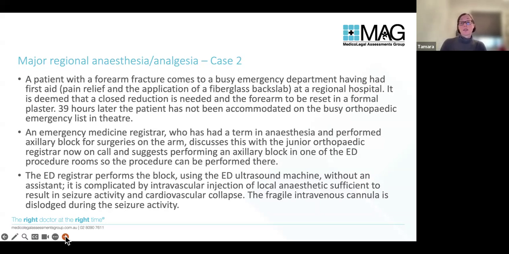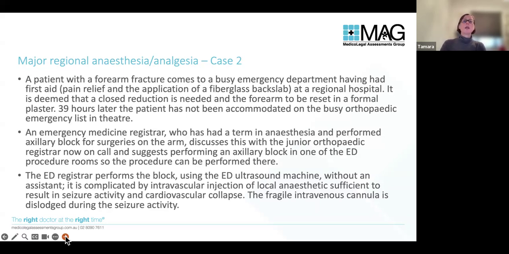There's some pressure to do something, and they suggest to the junior orthopaedic registrar, who isn't grown up enough to do the major traumas but would love to log in the manipulation for their logbook and would be very happy to do that in the emergency department. The emergency department registrar takes the patient into a procedure room without an assistant and uses the ultrasound machine there,